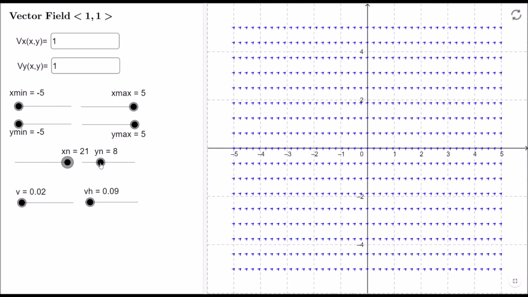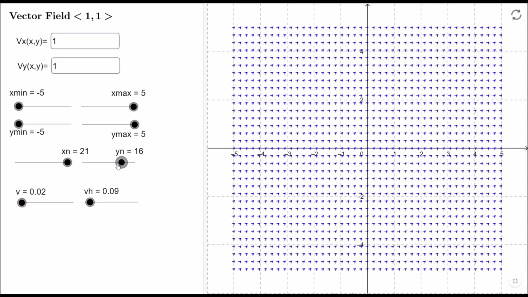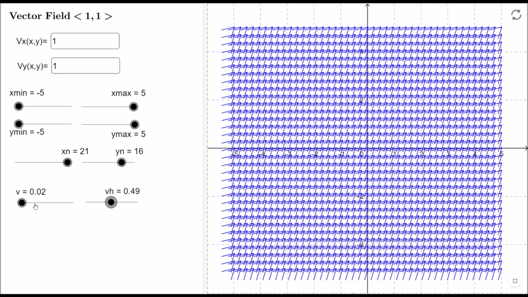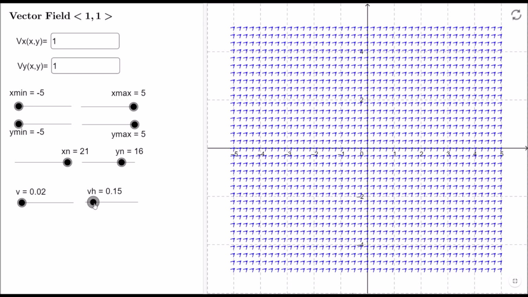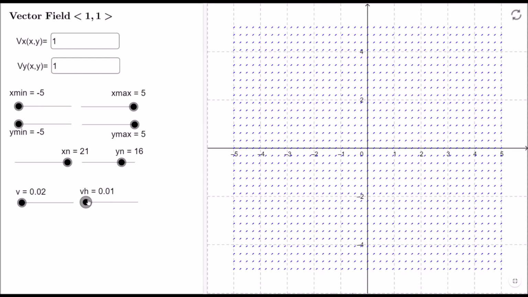Here if you increase, then you get more and more vectors. So if you want more clarity, you can just play with the page, and you get the answer. I mean, you can feel the things. As you can see, all the vectors are going in the direction 1 comma 1, and that's what we saw on the whiteboard as well. Okay, so this was the case for 1 comma 1.